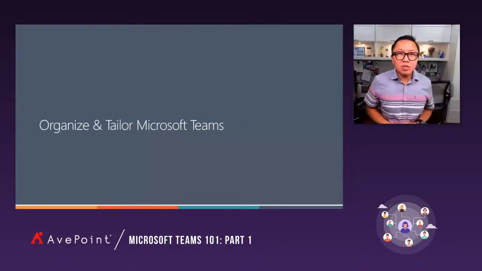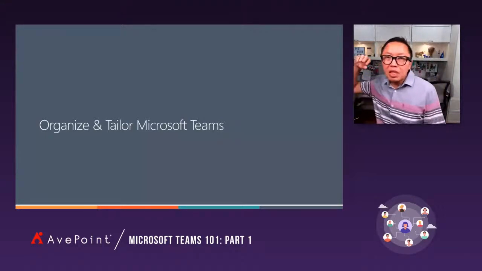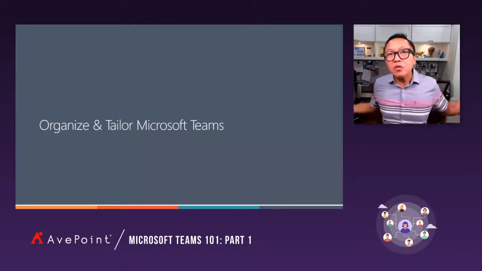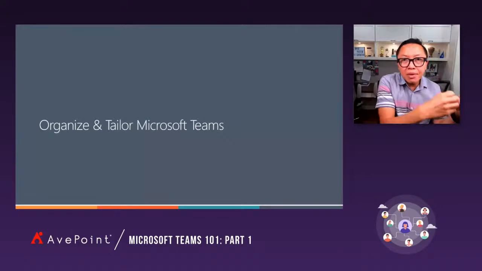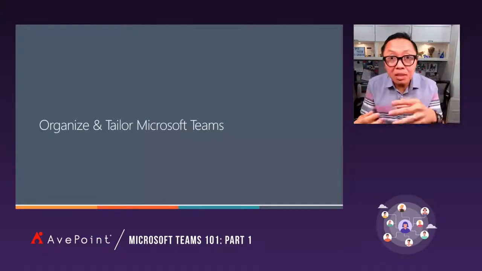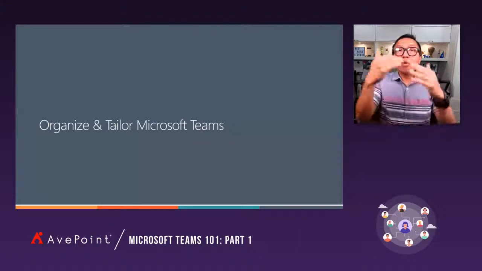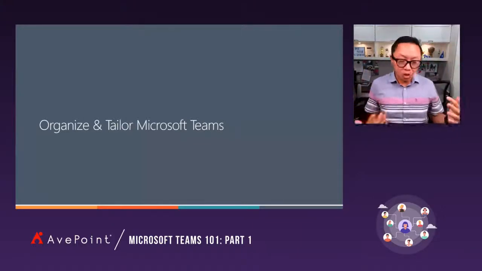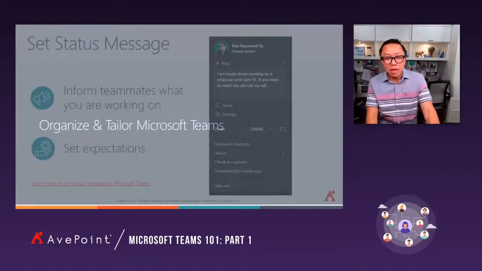So some other tips with the remaining time we have. We talked about how we use Teams for calling, for chatting, for meetings. We talked about how we use Teams for team collaboration from a perspective of moving email to Teams, working in Teams instead of email, working on documents in Teams, organizing work based on channels. So we covered all that, and we'll talk more tomorrow. But here are some tips on how you better organize and tailor Microsoft Teams.